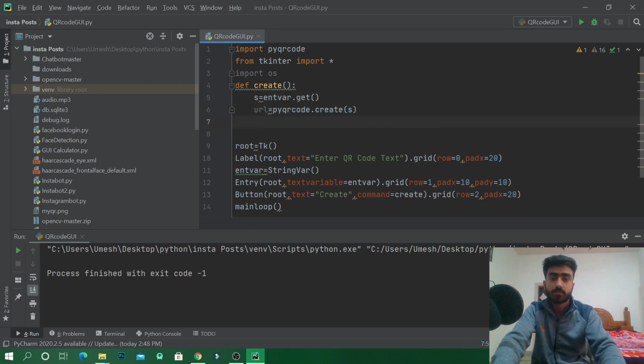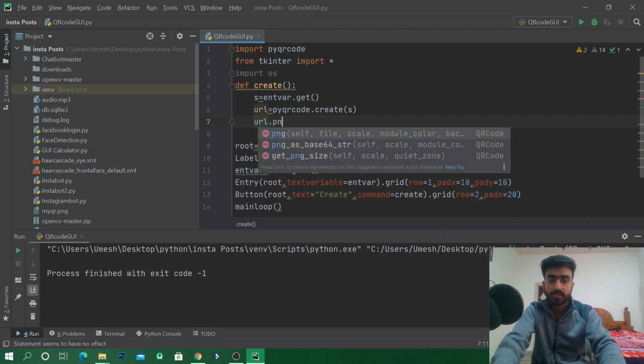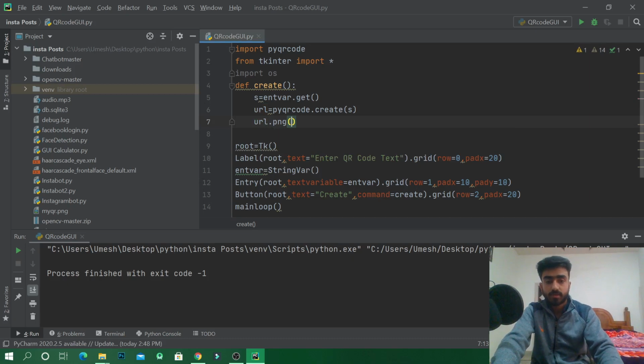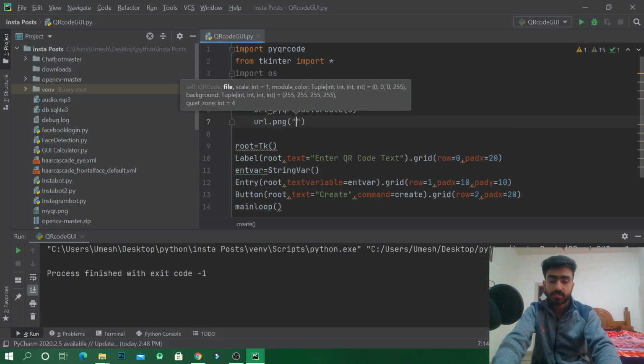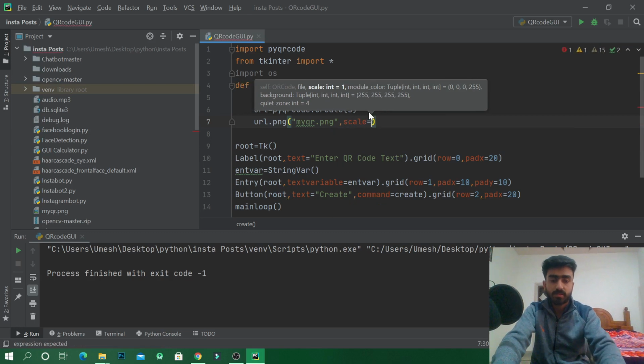After that we'll now create a PNG for that. URL dot png, and here I will write the name of the PNG, myqr dot png, and write its scale as 8.